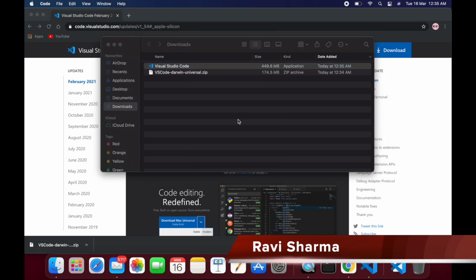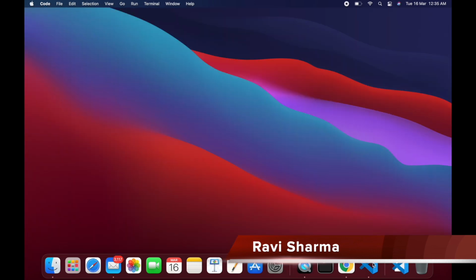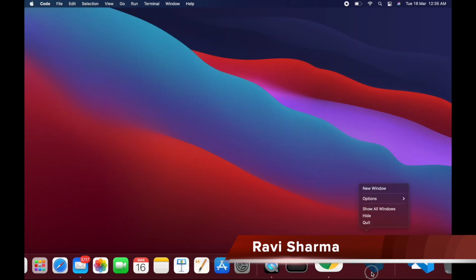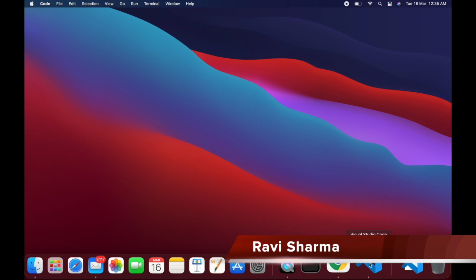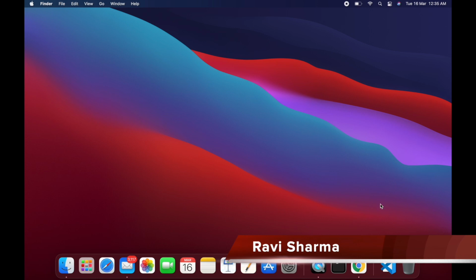So the first time it will ask to open Visual Studio Code. Okay, so let's start again. We will try to close this one, and again we will try to open it from